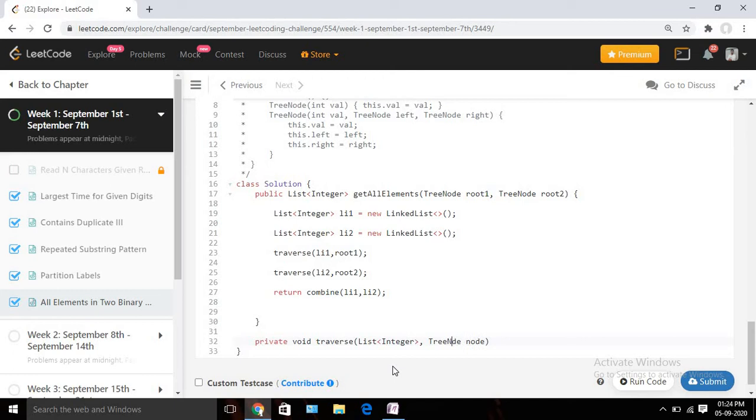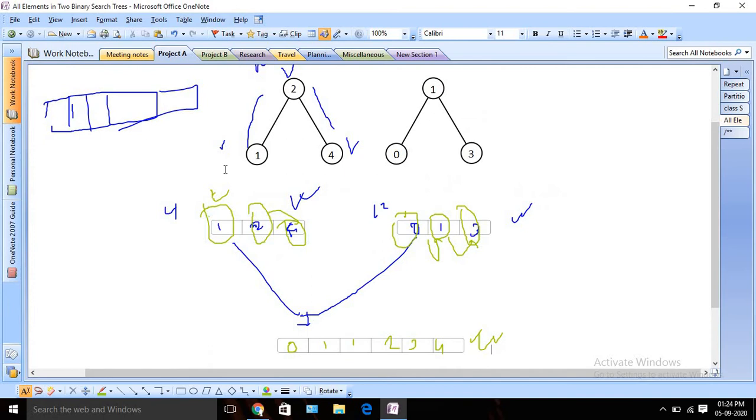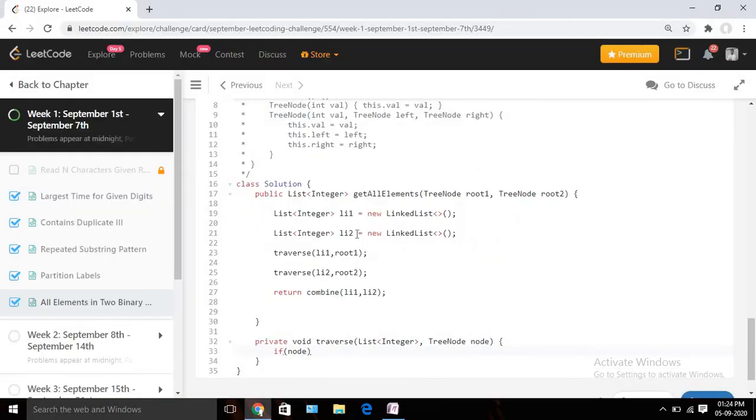Now once we are done with the method signature, at first we need to check whether my particular node is null or not, right? If it is null, that means we reached the leaf node, right? So if my node equals null, then we should stop execution. Since this return type is void, we can simply write return. Okay, let me quickly fix it.